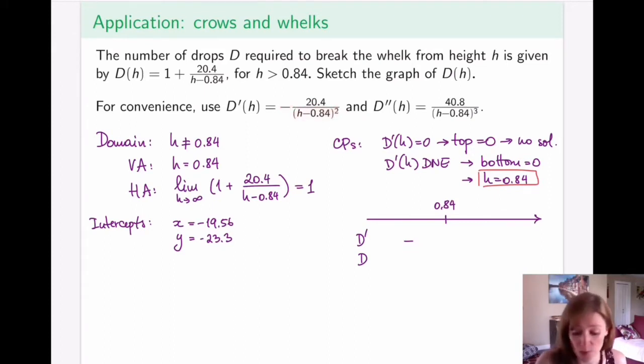Anything squared is positive, so that negative sign in the front guarantees that the derivative will always be negative, which means that my function was decreasing and is decreasing afterwards. So it's not, in fact, a local minimum or local maximum. That's not a big surprise because this 0.84 was a vertical asymptote in the first place. So this is another type of information that is really useful to include on this analysis of the first and